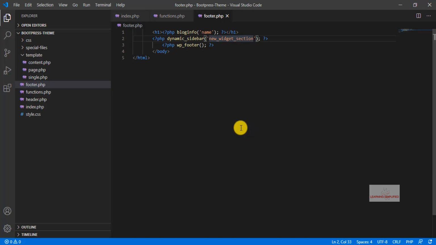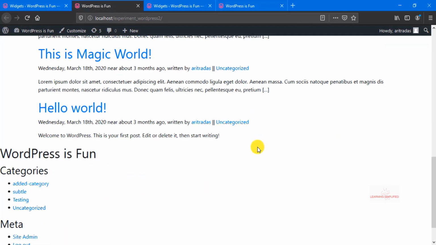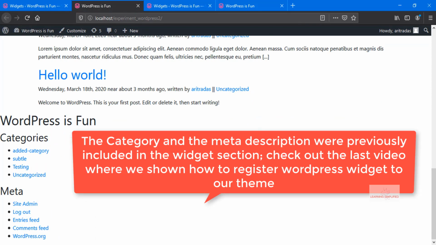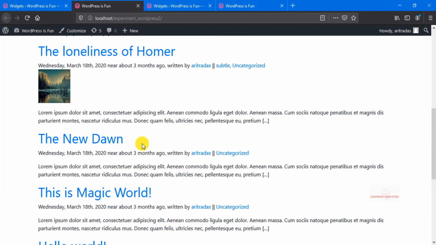So let's press Ctrl S and let's get back to our project and reload. And now we can see that these categories and meta part are practically being displayed in our WordPress theme, on the front end of our web page. So we may conclude that we have successfully registered and activated the WordPress widget section in our theme. The next obvious thing is to customize them, but before that we need to create another important thing